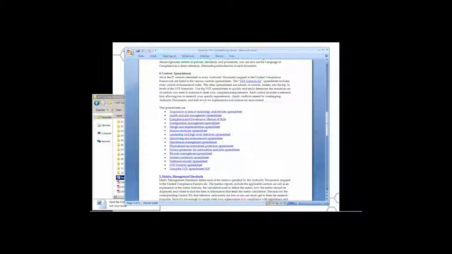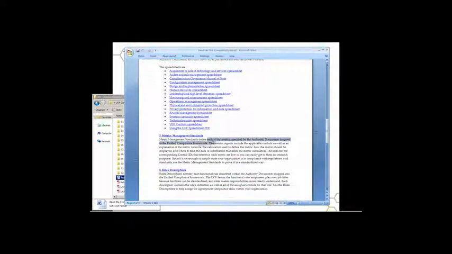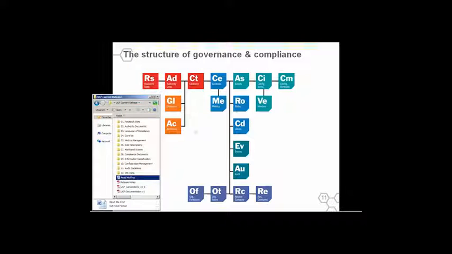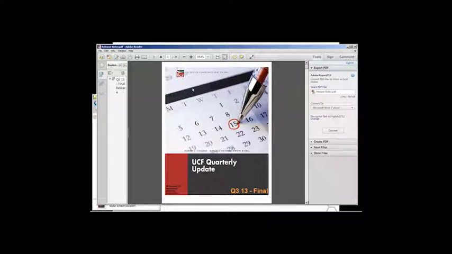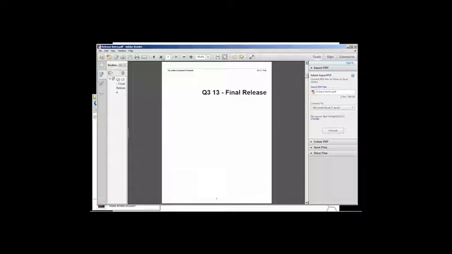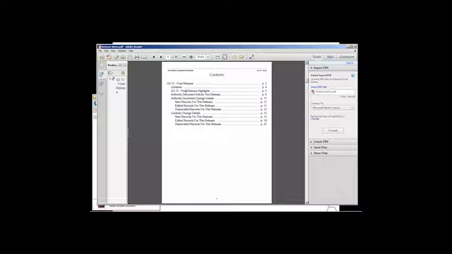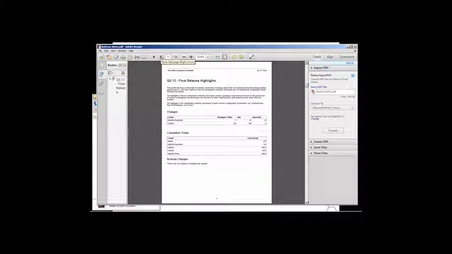So if you have questions, if you look at the README First, it actually tells you what's in each folder and how to get there and so on. And then in the release notes, every quarter we publish release notes. And in the release notes, you can see there's highlights, authority document activity, document change, new records, edited, deprecated, etc. And so if I look down here, you can see